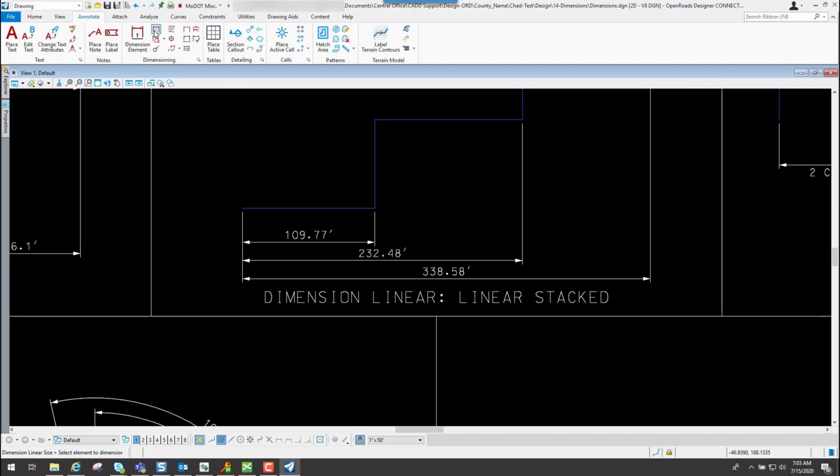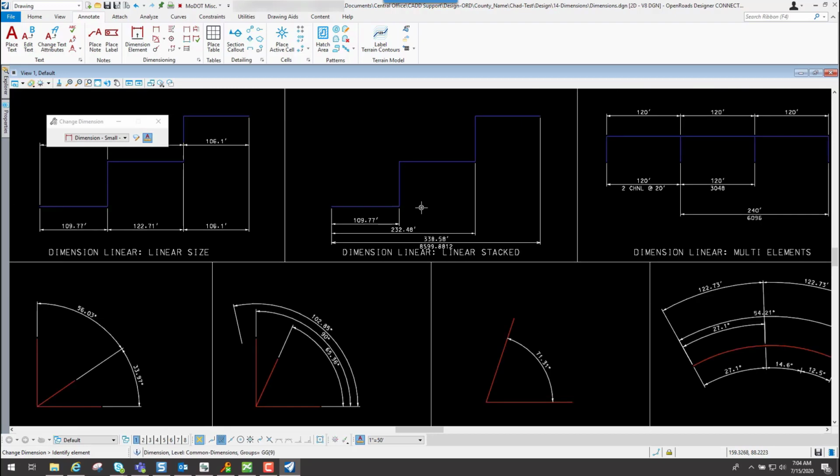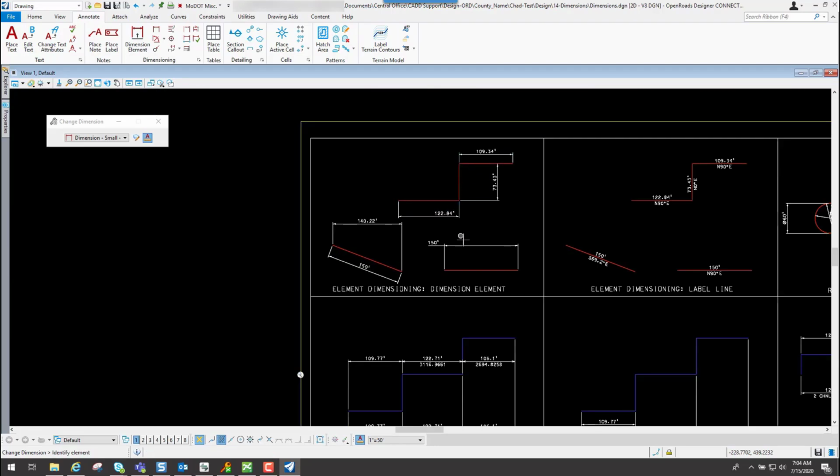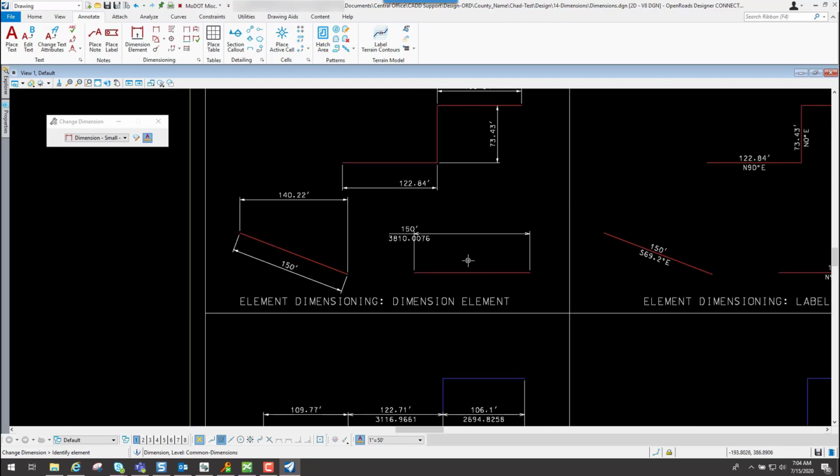Close that. There's an option underneath your dimensioning tools that you can change your dimension, which is this one right here. It's change dimension. And what it will do is you'll say which dimension style that you want, and that's the one that we have loaded, so that's the one we're going to change. And now if I come in here, I can select these dimensions, and it's going to change those accordingly. So if I select this one, it changes it. So that's a way you can come in here and change your existing dimensions to match whichever style changes that you had for that dimension style.